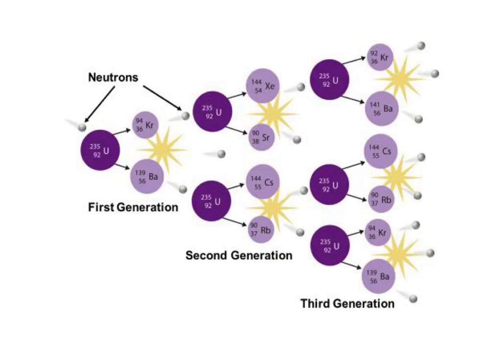All right, so now here's a new model. It's more of a picture, okay? And you can see these little white circles here. Those are neutrons. So I have a neutron bombarding that same uranium isotope. And then we can see that it splits into the two isotopes we saw in the previous equation, the krypton and the barium, same as before. And then there's 1, 2, 3 little neutrons released. So this part so far, this first generation part, is very similar to what we saw in the equation. It's just drawn as a picture instead.